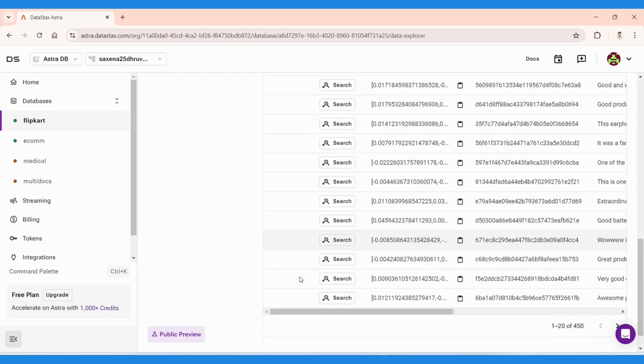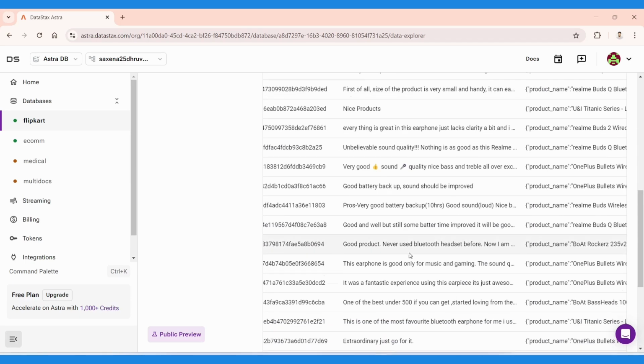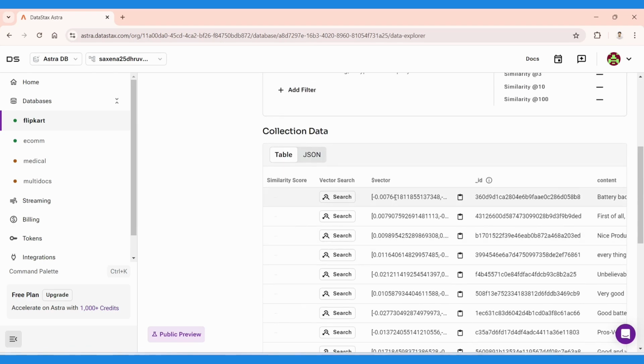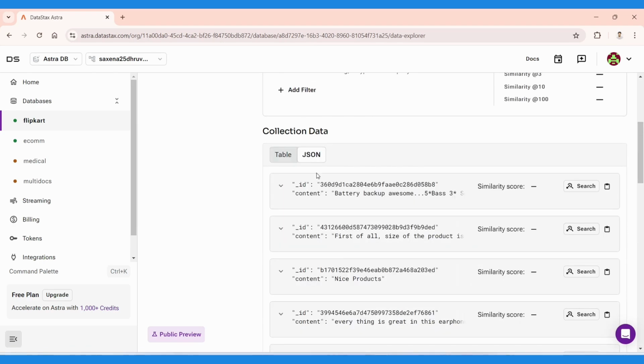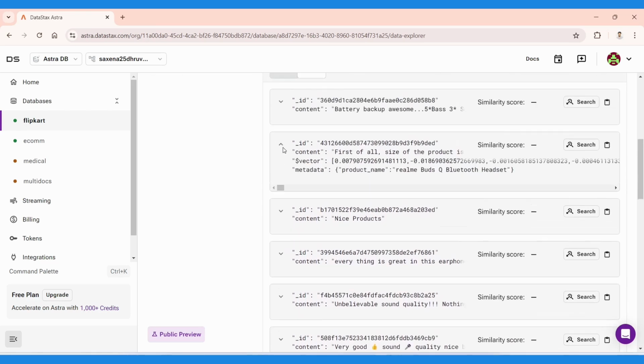See, I have ingested my data inside the vector DB. Here is our data, as well as the embedding. See, these are the embedding vectors. If I see it in the JSON format, I have content, metadata, and vector, basically the embeddings. So guys, we have ingested our data. Now what we have to do is